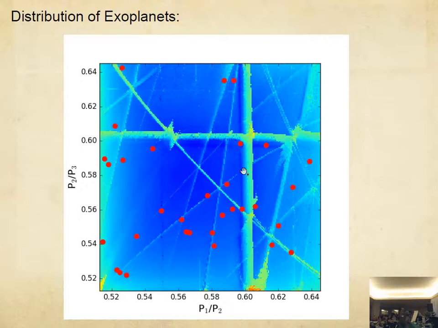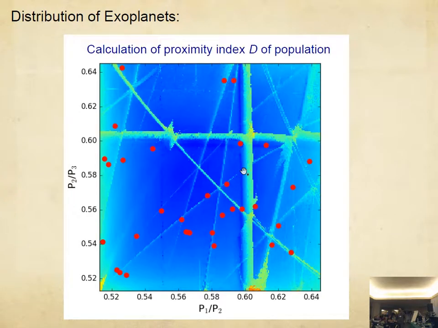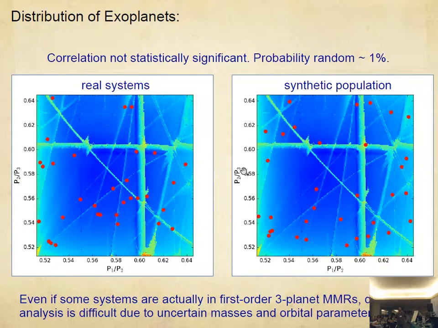Yeah. Okay, so if we want to do that seriously, we calculated what we call a proximity index, which we begin to make more complicated, but we don't really have a model for these first order resonances, which is something we're currently working on. We don't know the eccentricities, we don't know anything. So this is all very crude, and apparently this correlation is not significant. The probability that this is just random is of the order of 1%, which is extremely high, and you can easily find other random distributions which seem very similar. So this is probably not true.